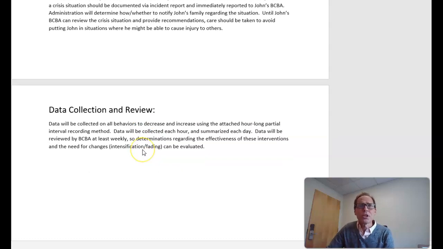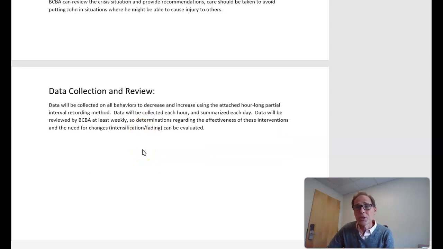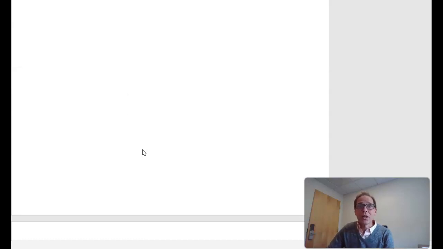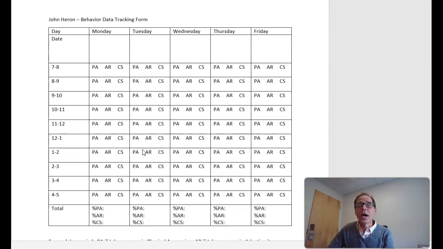Then finally, just a little piece about data collection and review, which is basically saying how we're going to take data, how often we're going to take it, and how often we're going to review those data to determine if we need to make changes to our plan. And then the actual data collection sheet, which does not need to look this way. This is, again, if we remember our objectives here, were to either increase or decrease the percent of hour-long intervals using a partial interval recording method. So our data collection system is set up that way with